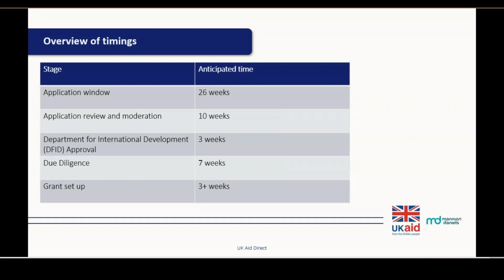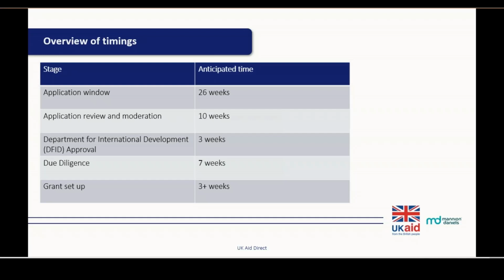Once applications come in, they are then reviewed. We send them out to our consortium of partners, they're reviewed over a period of time, and then we allow for quality assurance. We then moderate them with DFID, and that process can take up to 10 weeks. We then send a shortlist to DFID for approval, and again, this can take around 3 weeks. Sometimes it can take longer, sometimes shorter. As soon as we get that final approved list, we notify the applicant straight away as to whether they've been successful or not.